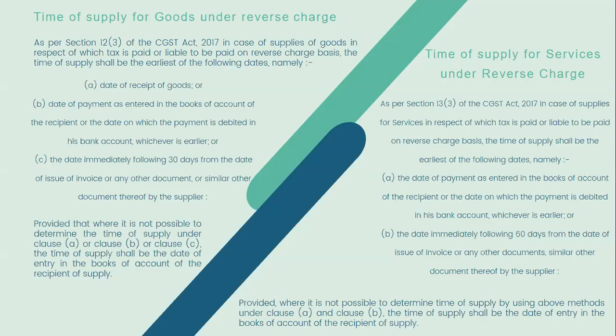As per Section 13, subsection 3 of the CGST Act 2017, in case of supplies of services in respect of which tax is paid or liable to be paid on reverse charge basis, the time of supply shall be the earliest of the following dates, namely the date of payment as entered in books of accounts of the recipient or the date on which the payment is debited in his bank account, whichever is earlier, or the date immediately following 60 days from the date of issue of invoice or any other similar document thereof by the supplier,